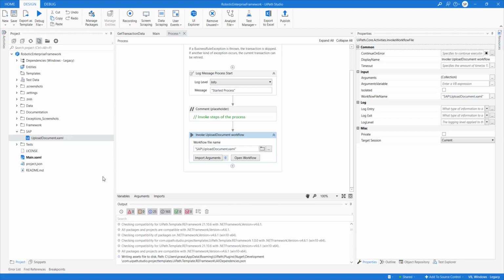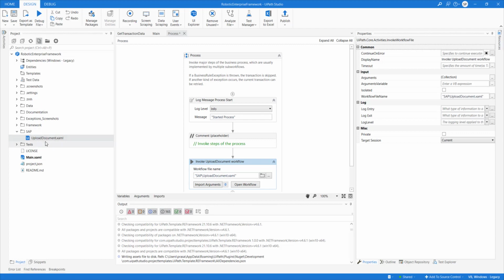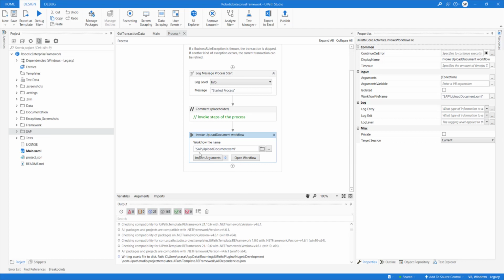This way you are doing two things. One, you are creating a snapshot of a process on a single page, so that by looking at this page or workflow, you will be able to understand what your bot is doing. And second, you're also modularizing your code into small functions for different parts of the application or processing, so that if a change is required, it can be easily maintained and changed outside the process workflow, right? So we should define whatever business logic we need in a different workflow, and invoke it here, right?